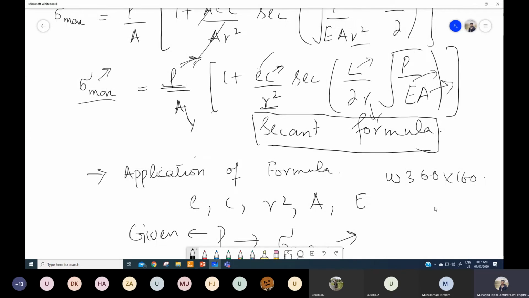This equation is not a linear equation like sigma is equal to P over A, where you will directly substitute P and you will get the values of A, because there is a P factor over here and over here there is a P factor. So one way is that you keep on simplifying it and get the values. That can be a hectic procedure. For now, there are calculators available. I think in your calculators also you can solve this kind of equation, where you write the whole equation in the calculator, and you substitute this P factor as a variable, let's say just as X, and write the same equation in your calculator and solve it, and you can directly get the values of P.